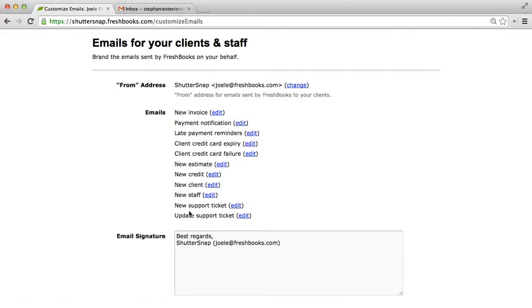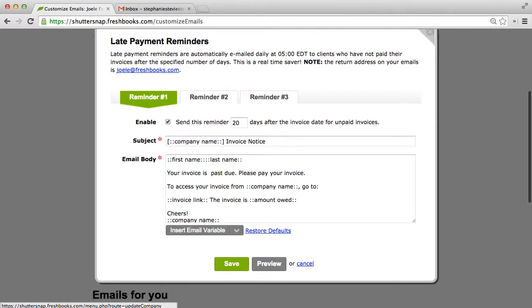You can do these for any of these emails here, but there is one that I want to go through with you. It's called the Late Payment Reminders. Now, late payment reminders are automatically emailed to your client after a specific amount of days that they have not paid their invoice. For example, I have Reminder 1 set up to go out 20 days after the invoice date